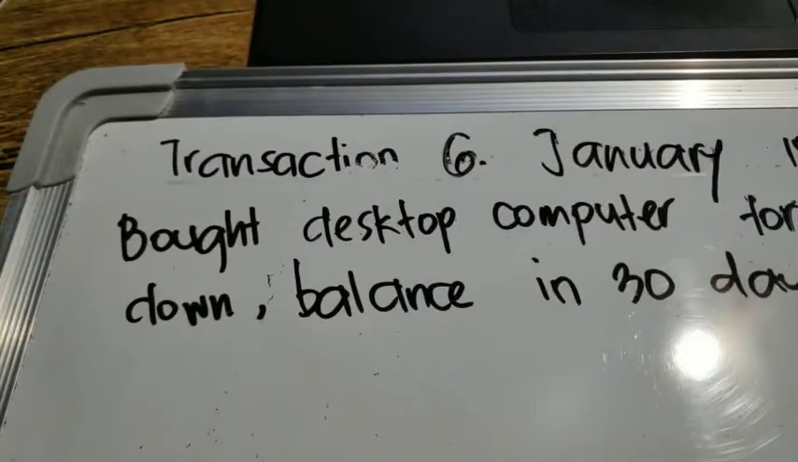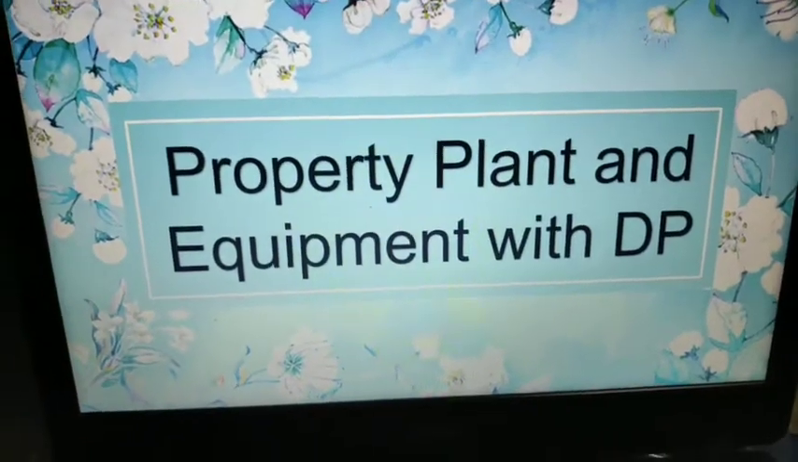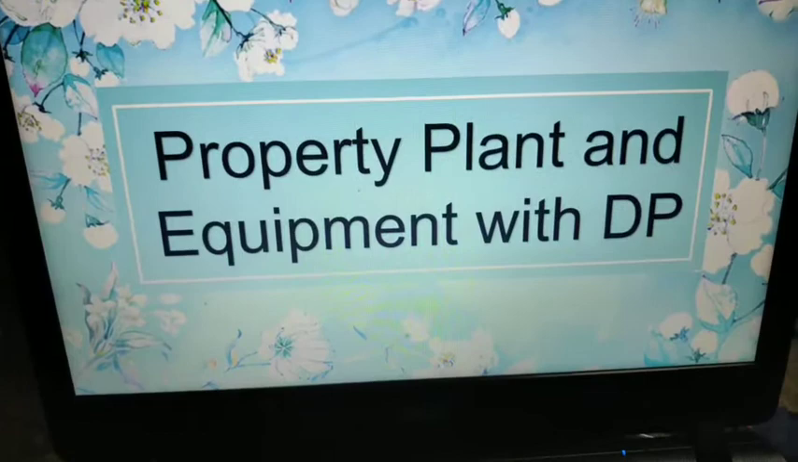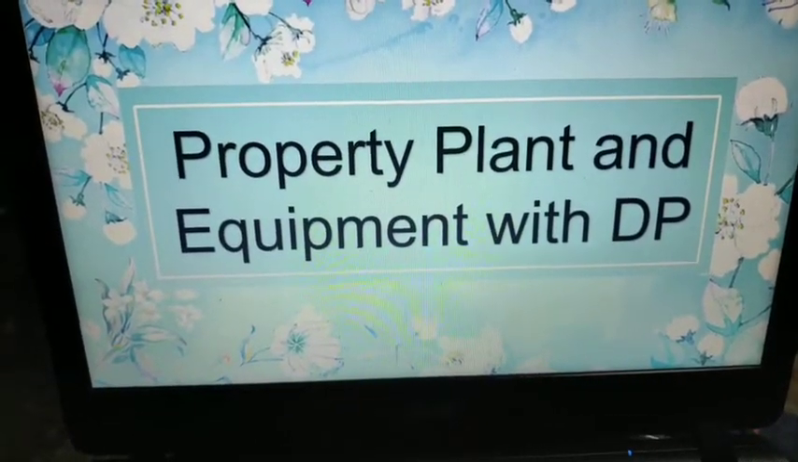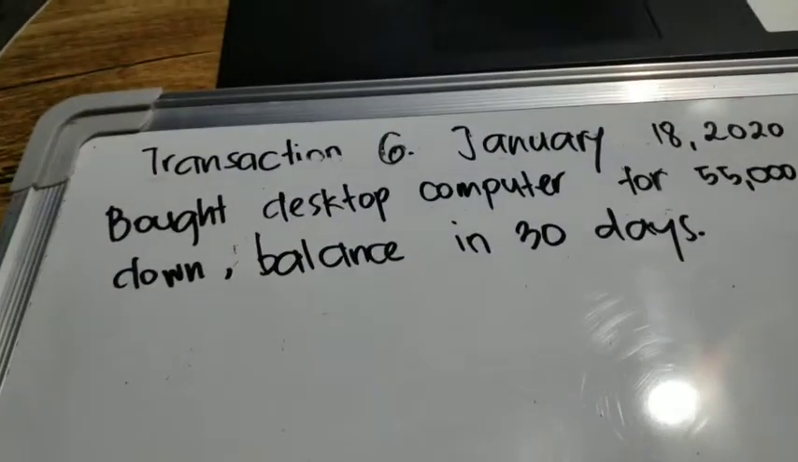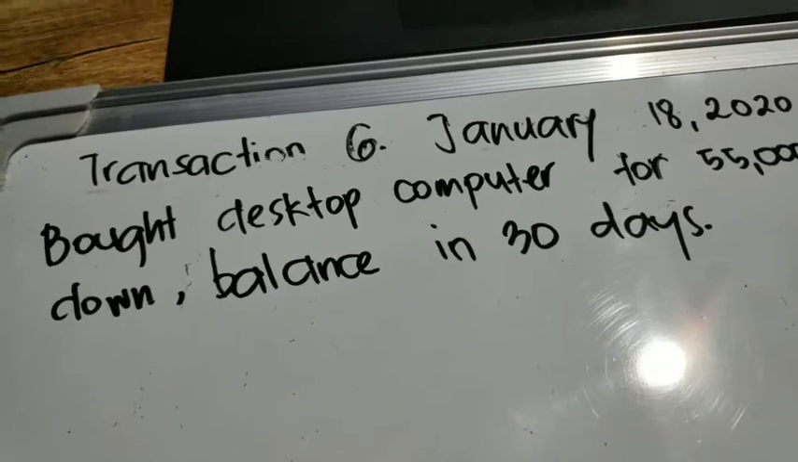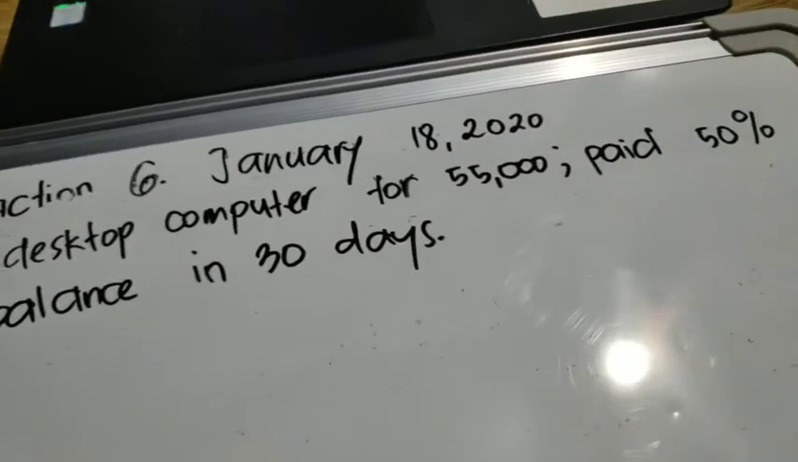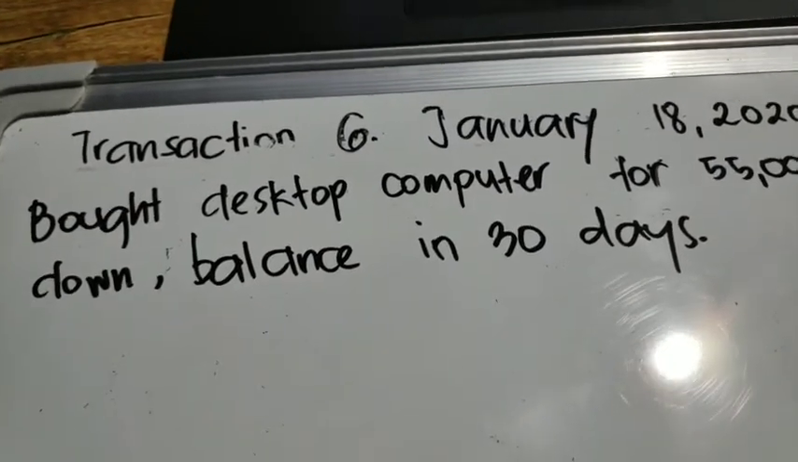So for today's video, we will be learning on the property, plant, and equipment with down payment. So we are done discussing on the property, plant, and equipment directly paid in full. So now we will be learning on the property, plant, and equipment with a down payment. So the transaction is: bought desktop computer for 55,000, paid 50% down payment and balance in 30